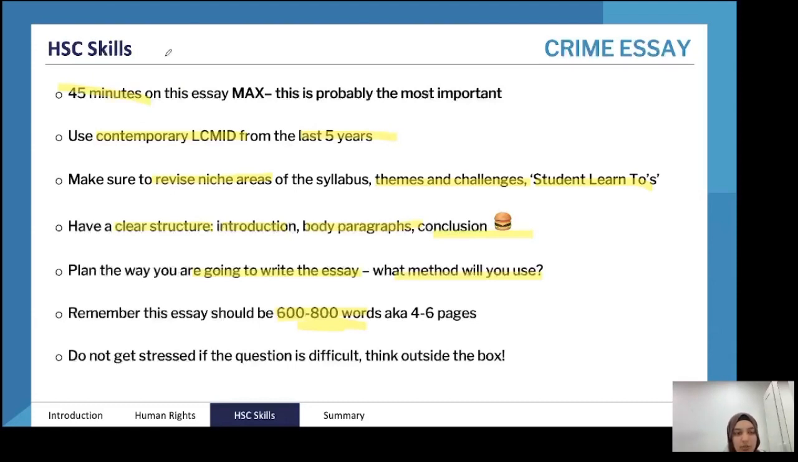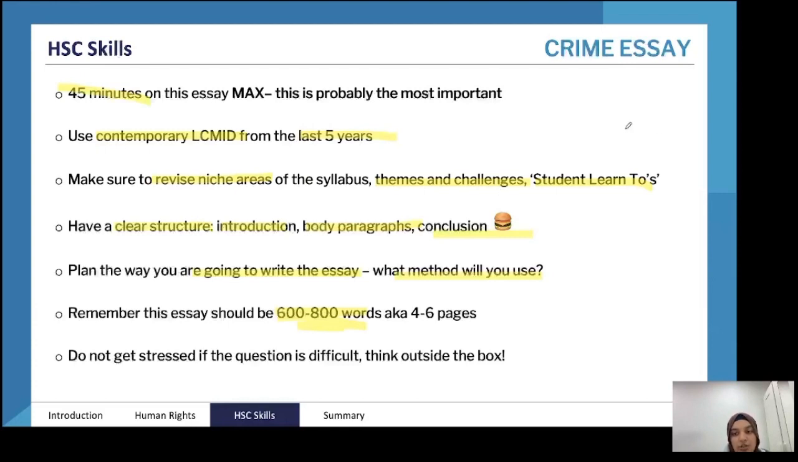So if you're spending a lot more time but you're getting a higher accuracy, try and cut that down to a certain amount of time. But if you feel like at a certain point it's actually affecting your accuracy, then have a think about how you can improve that. So use contemporary LCMID from the last 5 years,